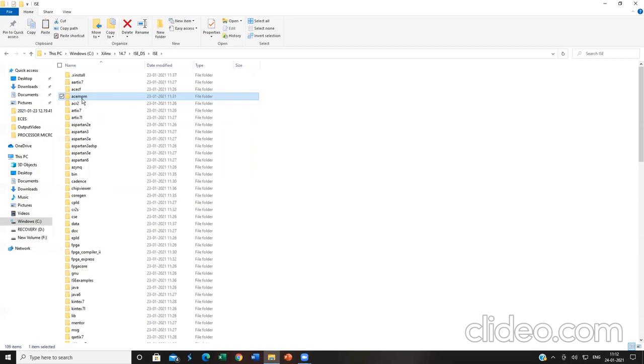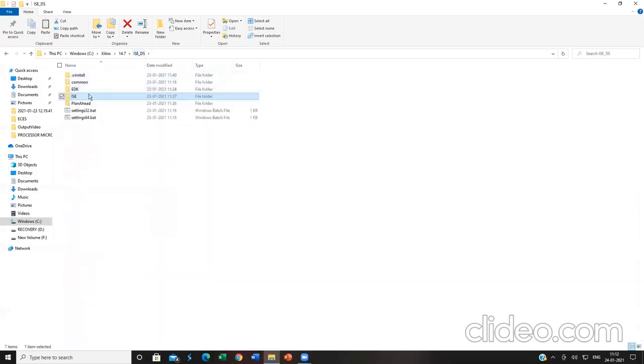Next, go to the two folders present within ISC_DS, namely ISC and common. Within the ISC folder there will be one folder called lib. Within that there will be two subfolders, NT and NT64. In both of these you have to ensure three files are present: libportability.dll.org, libportability.dll, and libportability.nosh.dll.